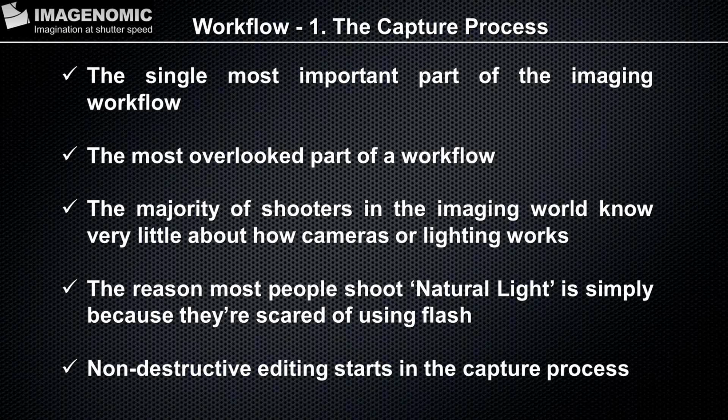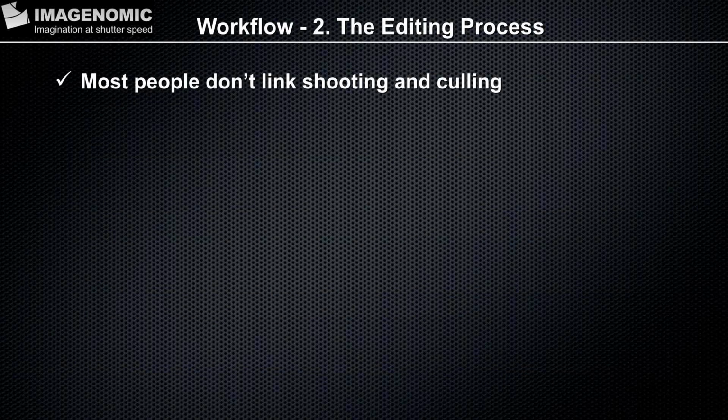Now, in the second step, the editing process itself, most people don't link shooting and culling. And by that I mean you should shoot in a sequence of images. Say you've got a little baby out there, that little blue-eyed girl in that field of flowers. You may shoot some close-up head and shoulder shots. You may pull back. You may shoot some kind of odd angles on her. But you always try to shoot those things in a sequence. So when you cull them, you can go through there and compare like images to each other